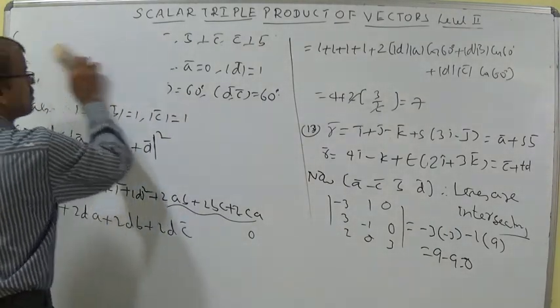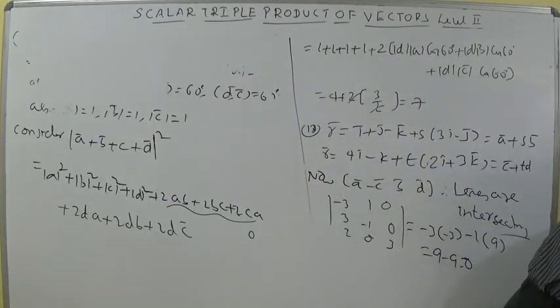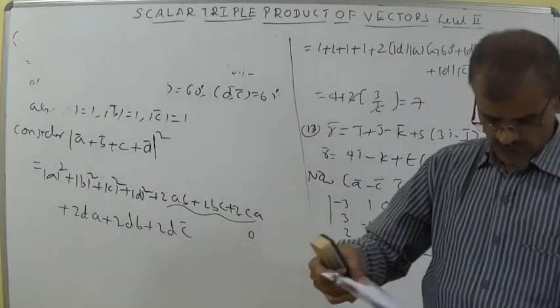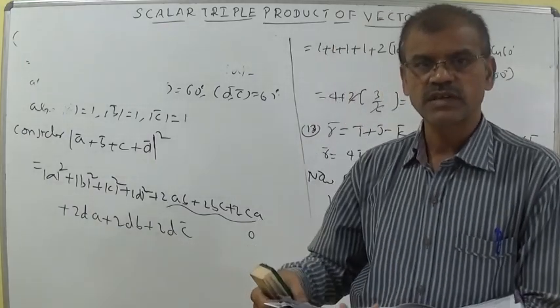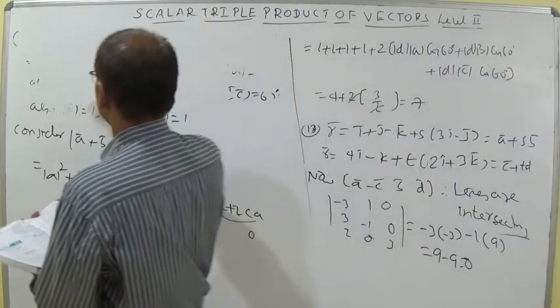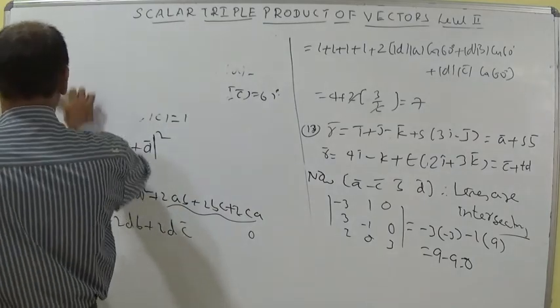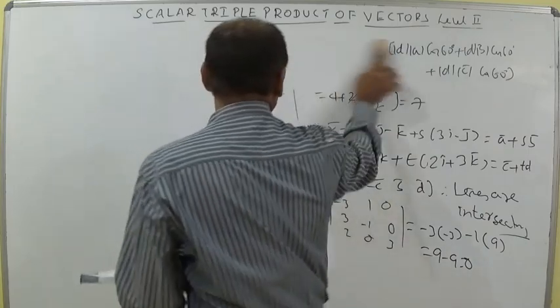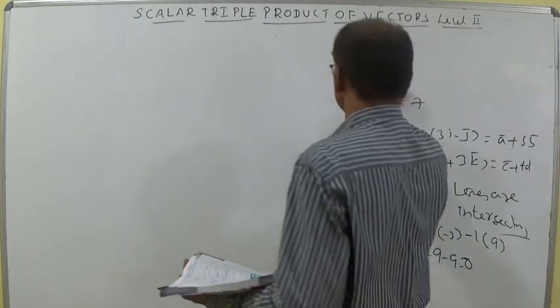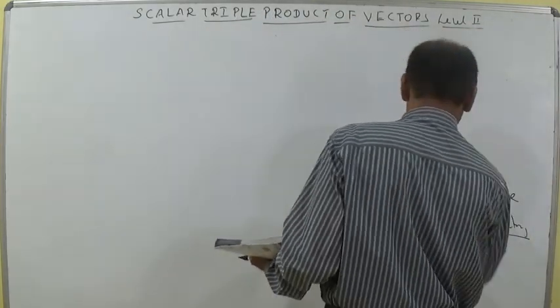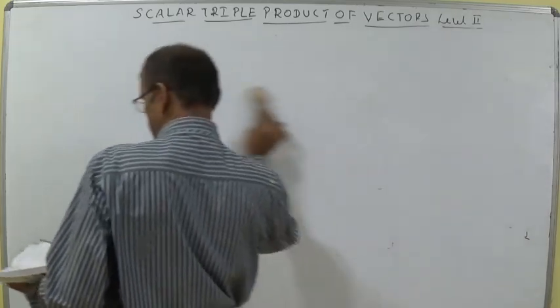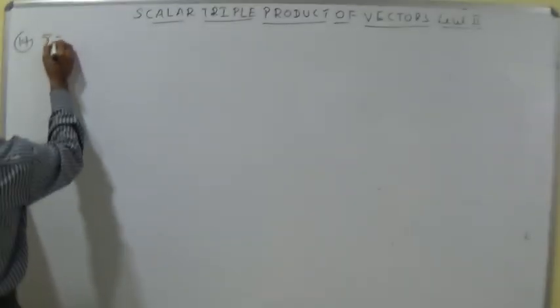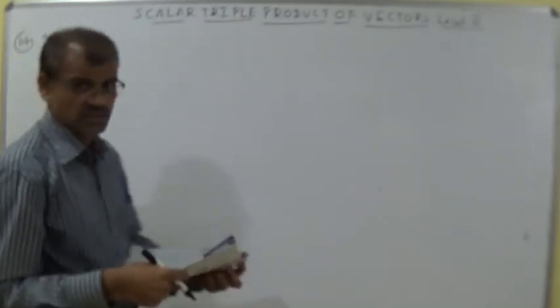So let us discuss the 14th sum. In level 2, we have completed 13 questions; 14, 15, 16, 17, four sums are there. So let us discuss the 14th question. That is the concept of skew lines. The shortest distance between skew lines is given by the formula box product of A minus C, B, D divided by modulus of B cross D. This is important in the 3D lines topic, cross product topic and geometry topic also.